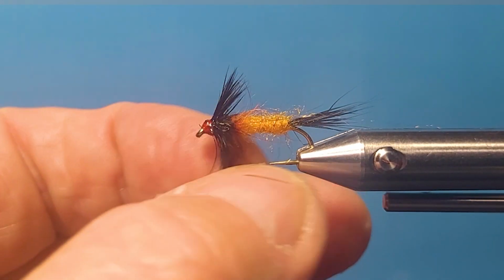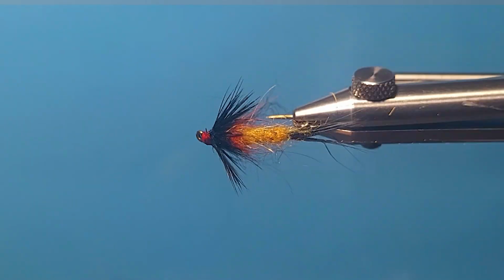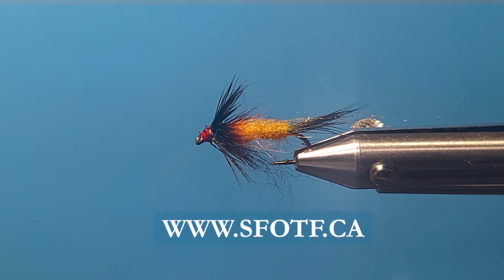And if you want to tie that nymph down even a little tighter so it looks a little better, fine, but I like the buggy nature of it. So anyway, here you go with the Carrot Nymph. Thanks to Mr. Cross for that pattern from a long time ago,